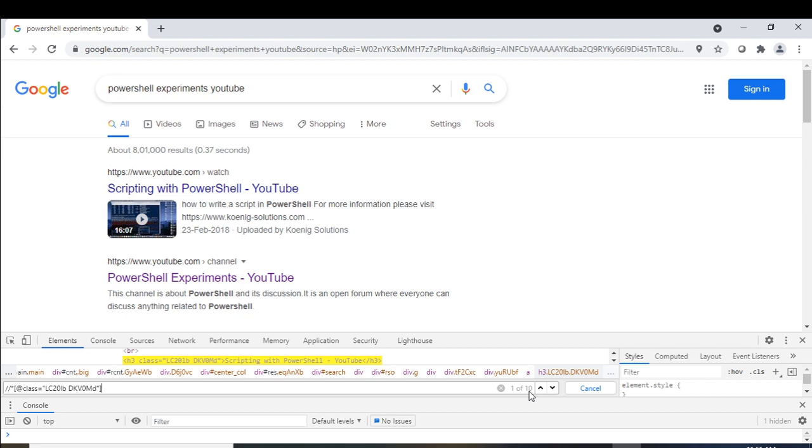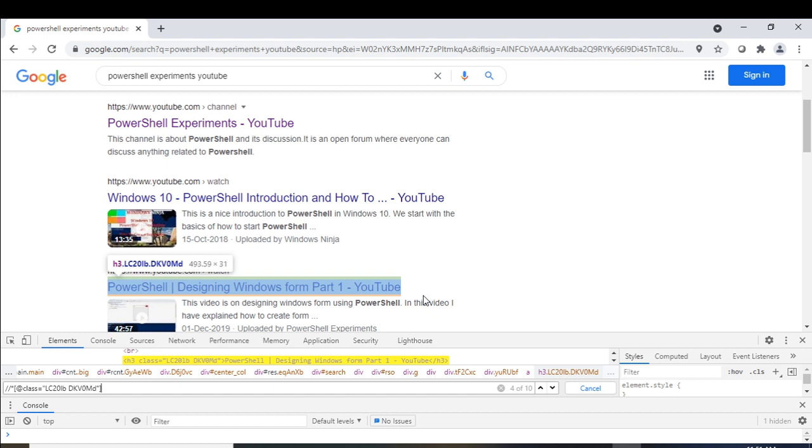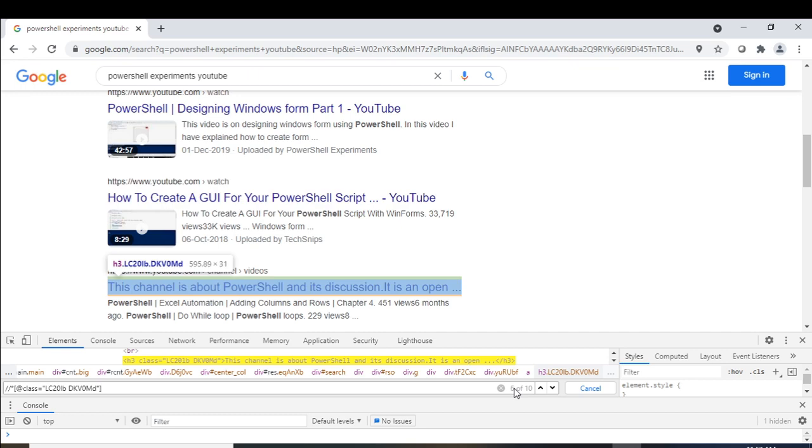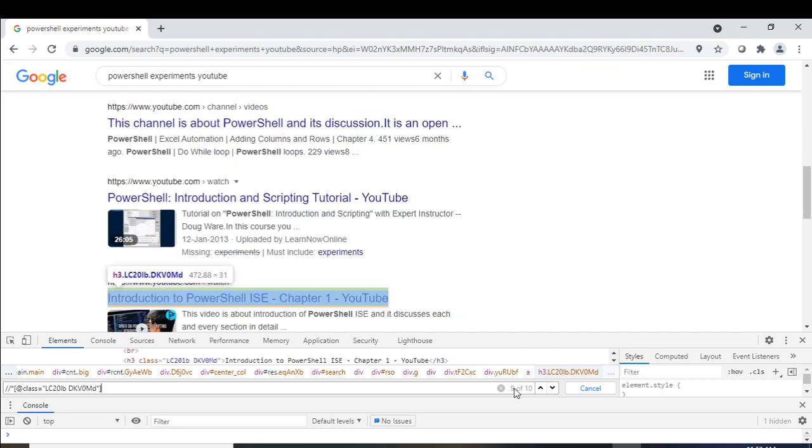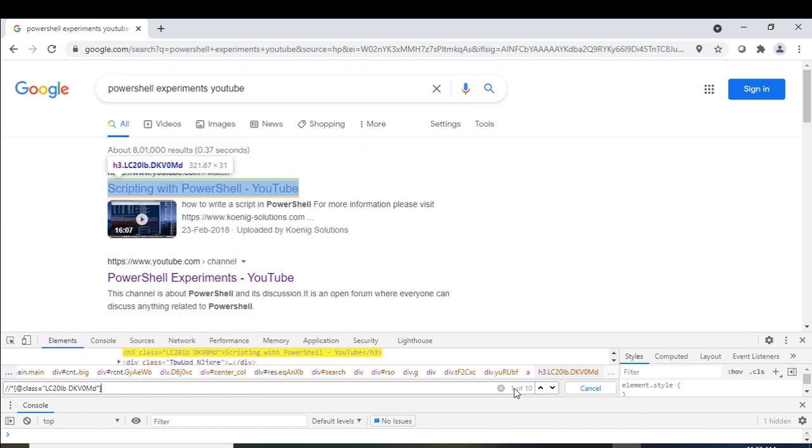So how can I uniquely identify the one which will open my YouTube channel? Let us first just click on the enter button. Okay, you can see that this is second number. And there will be 10 of these web elements with the same class. Let's see, this is third, this is fourth. You just see here, 5, 6, 7, 8, 9, 10, then again 1, and then this